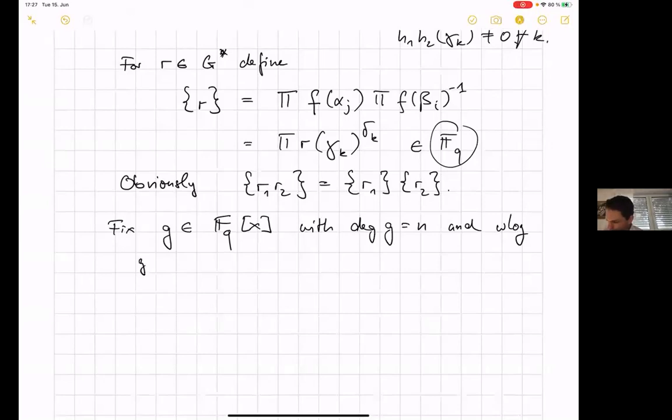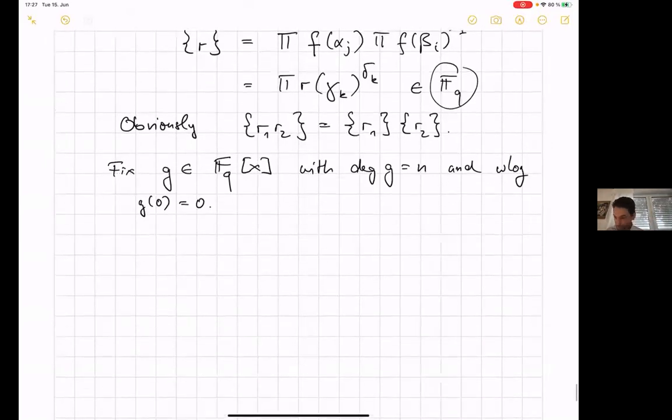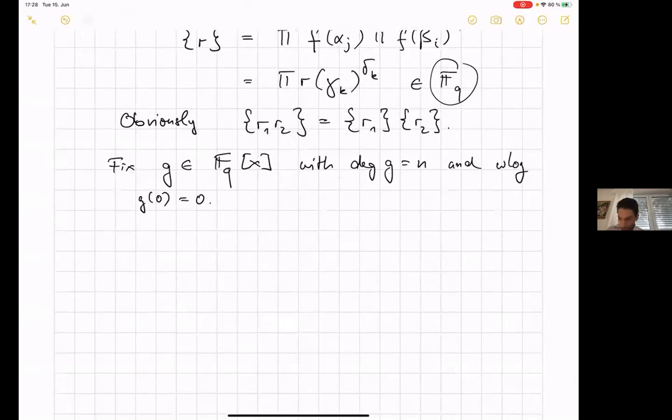So without loss of generality, I can assume g of 0 is 0, because it will later be put into an additive character. Okay? And for R in G, define